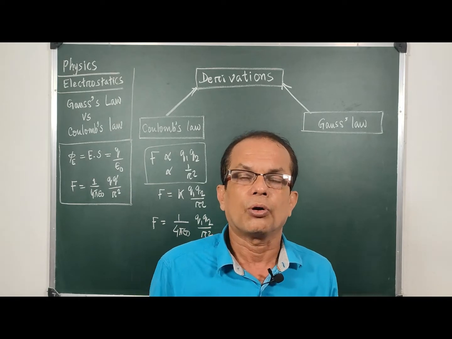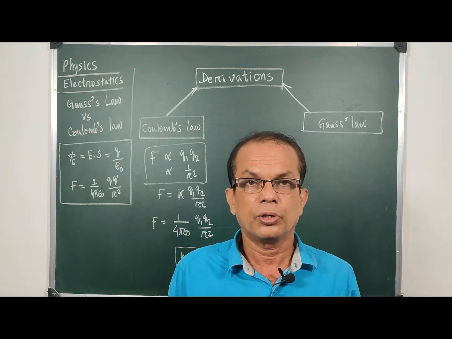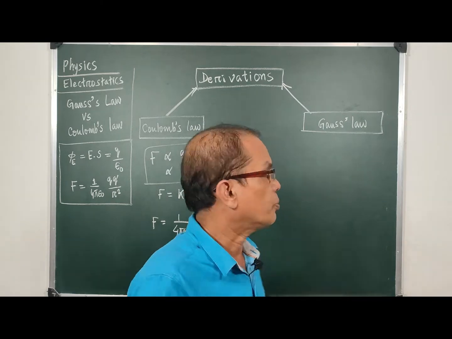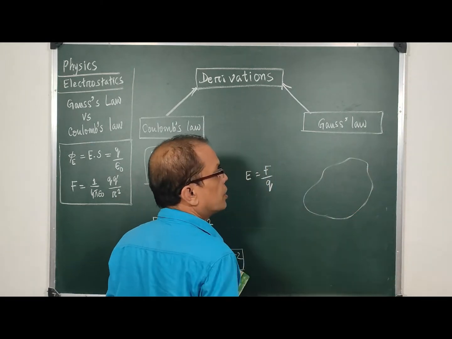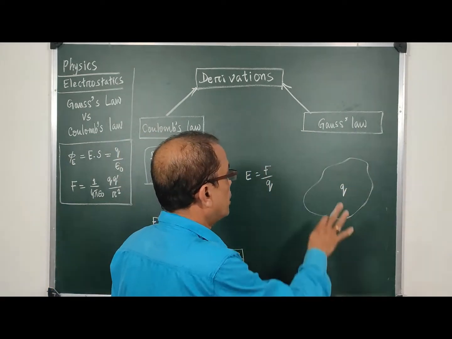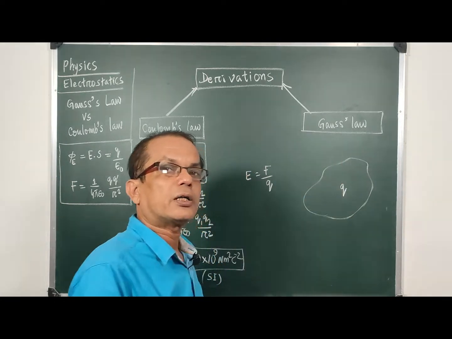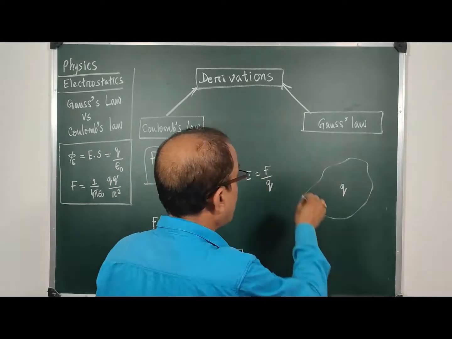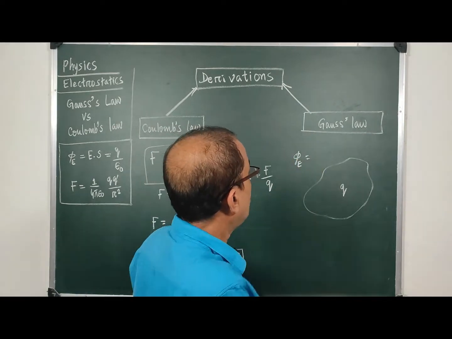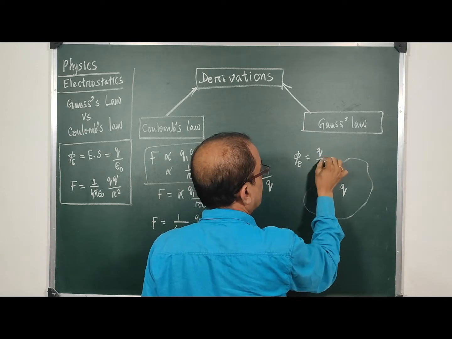What is Gauss law? Gauss law is a law which relates the electric flux with the charge content inside the surface. Suppose there is a surface, and this surface contains a charge of amount q. What will be the total electric flux linked with this surface? If that electric flux linked with the surface is phi E, then according to Gauss this amount will be 1 by epsilon 0 times q in the surface. So q by epsilon 0.